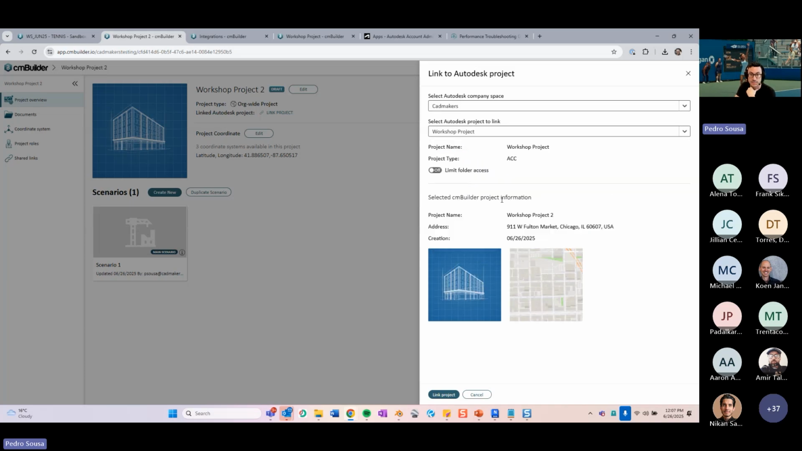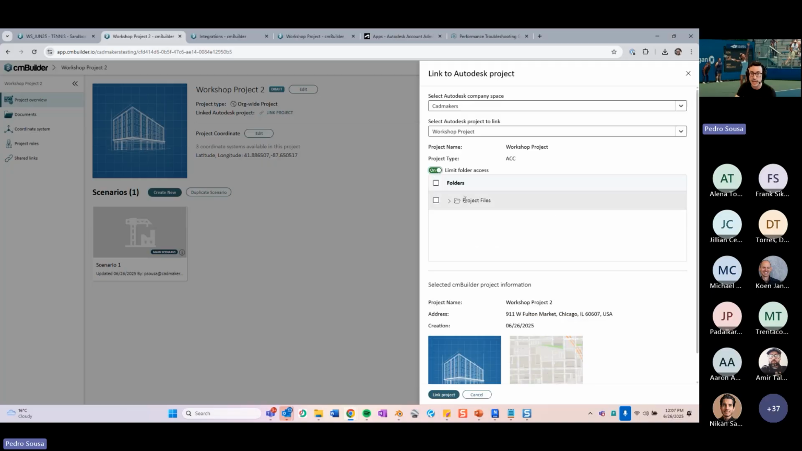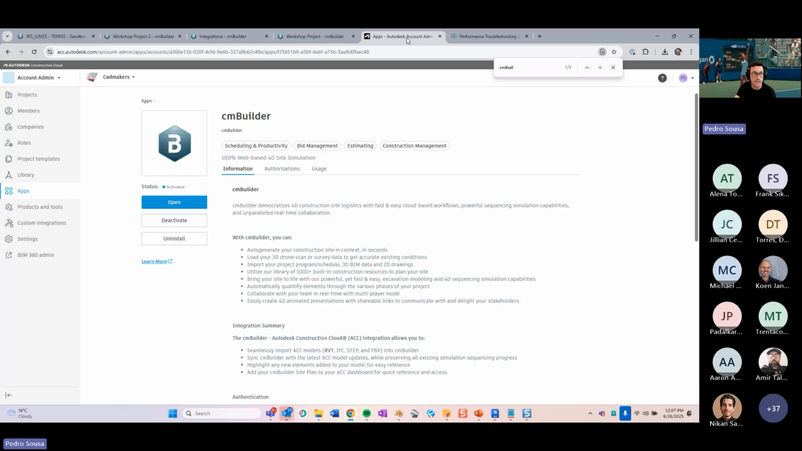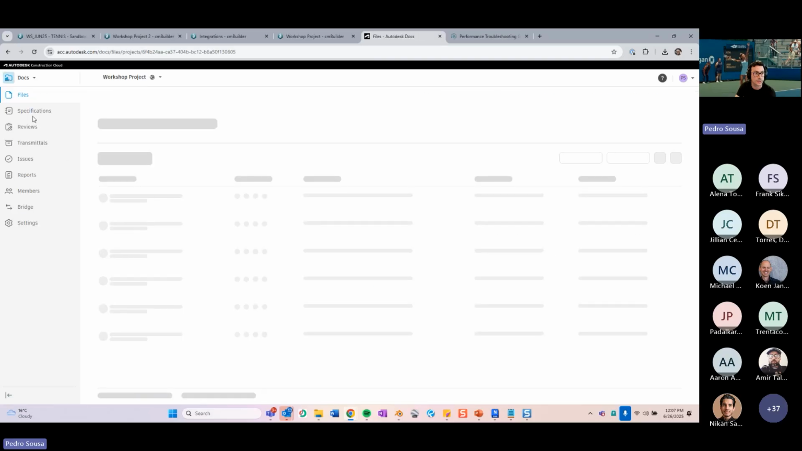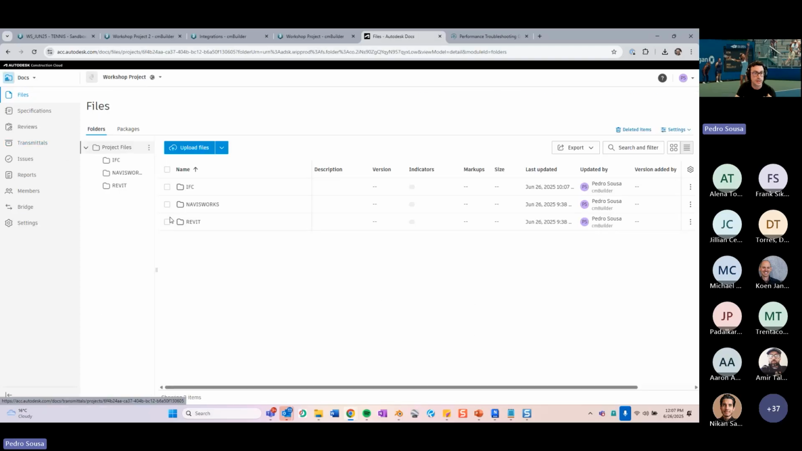And in this page, I can select if I want to limit which folders this cmBuilder project will be able to access from within ACC. So when I click on this, I can see the same project files and folders here that I would see in ACC. So here, if I go back to my workshop project and go to docs, you can see that